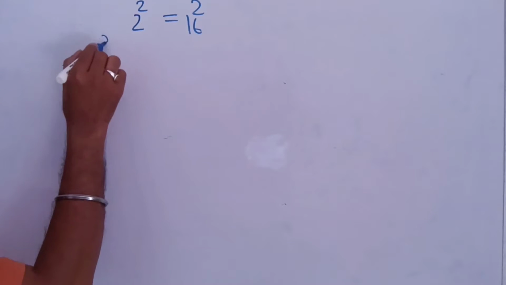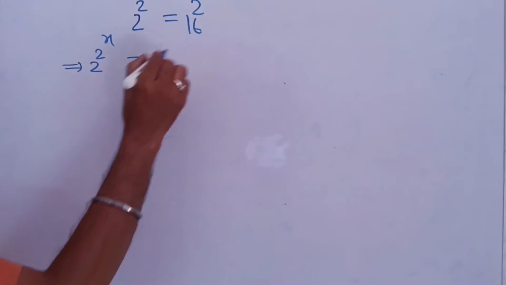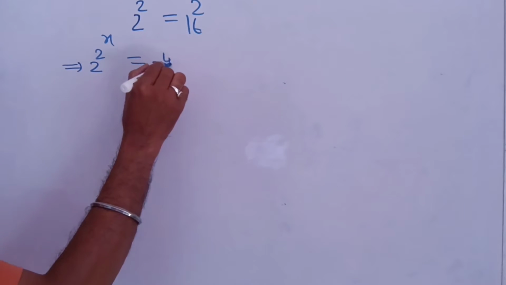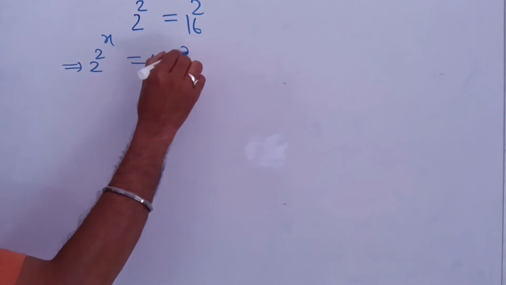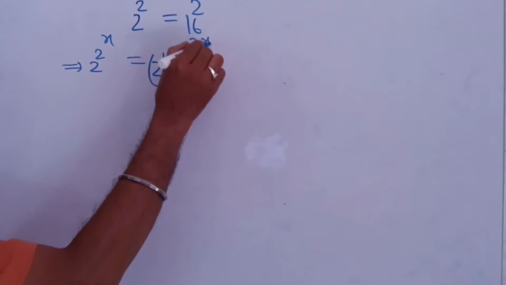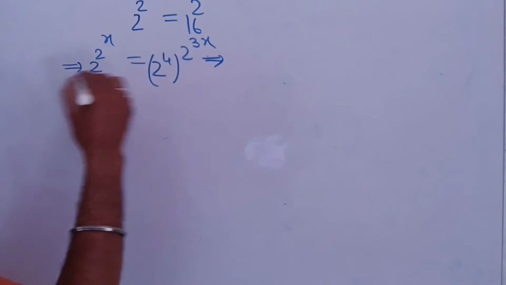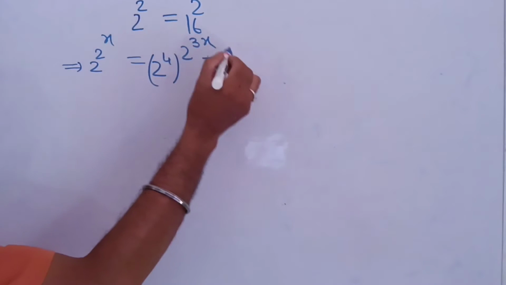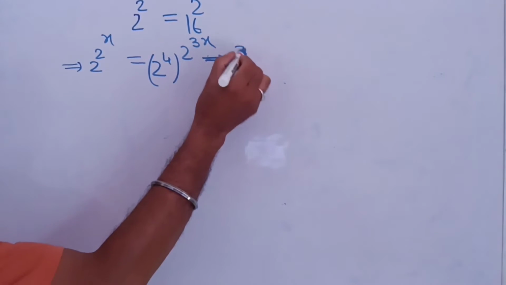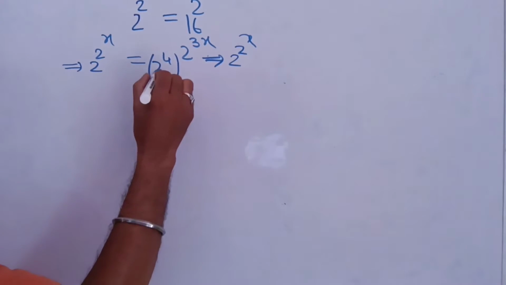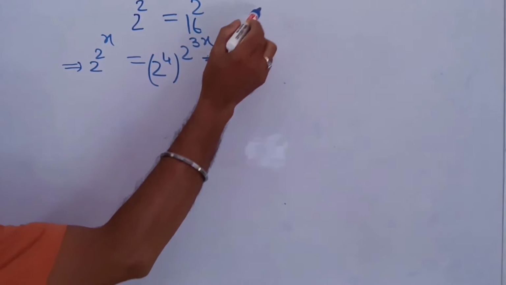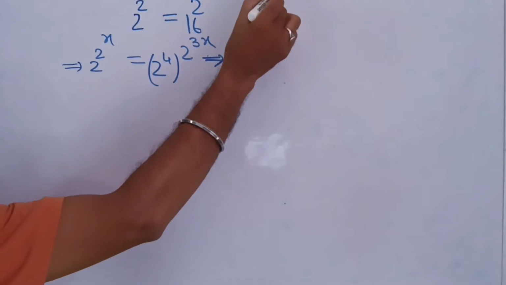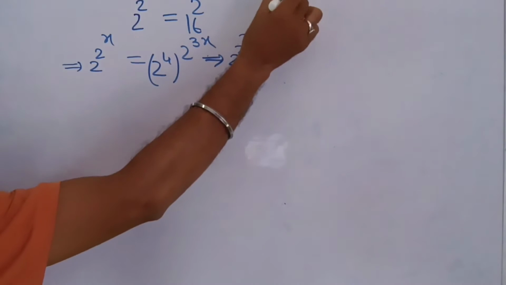power 2 to the power x is equal to 16 দিয়া আছে। এইটো লিখিব পাৰোঁ 2 to the power 4 whole to the power 2 to the power 3x দিয়া আছে। তো আমি এইটো এই লাইনতে লিখিছোঁ 2 to the power 2 to the power x আছে। তো এইটো এনেকৈ ৰাখিলোঁ। তো এইটো আছে 2 to the power 4 whole to the power 2 to the power 3x। a to the power m whole to the power n is equal